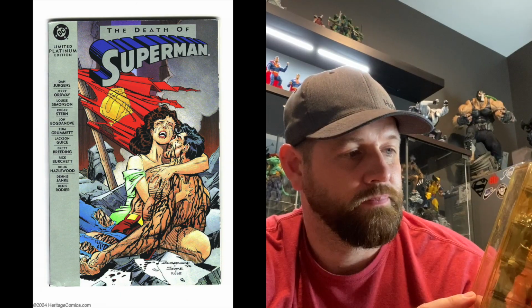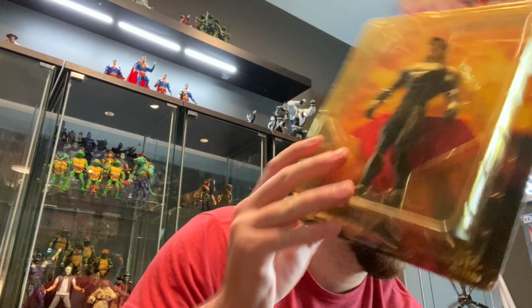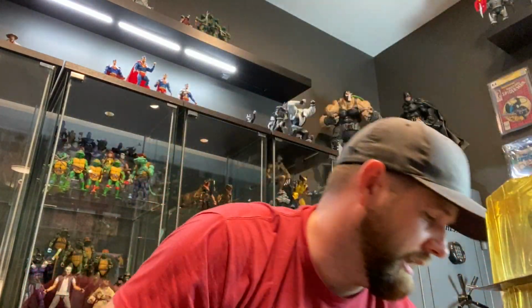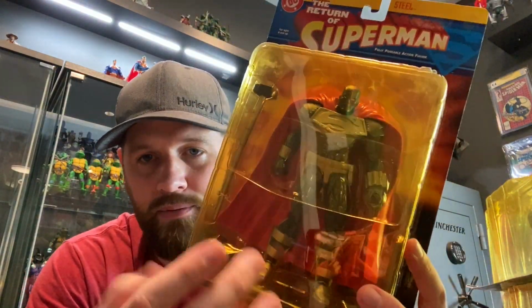And I'm going to pick them up in the DC Direct as well. So we've got Black Suit Superman. We've got Eradicator. And I'm going to do reviews on these. I know they're old figures, the Steel. I love this figure. I know they're old figures,